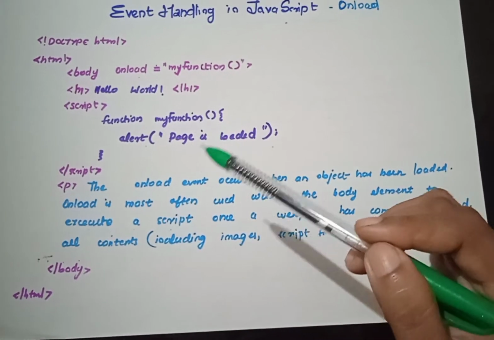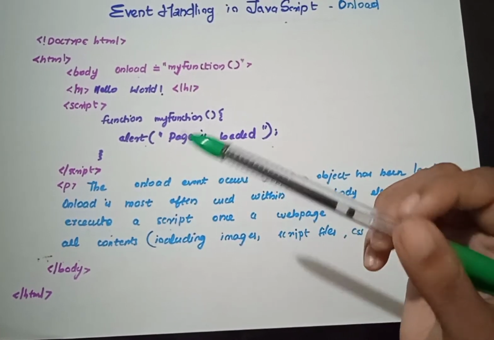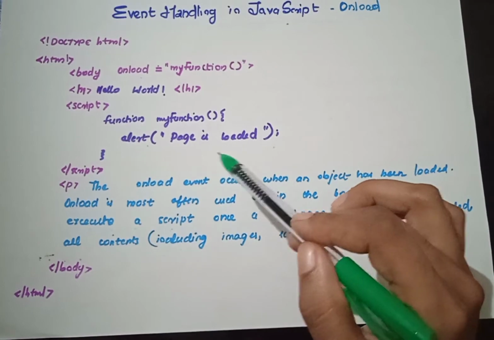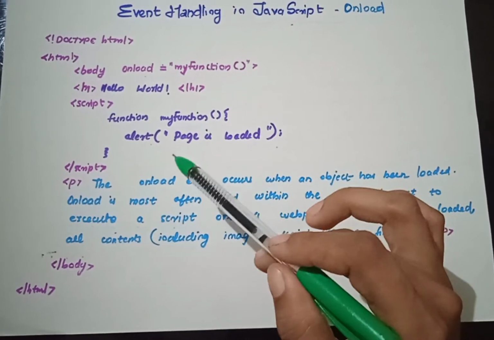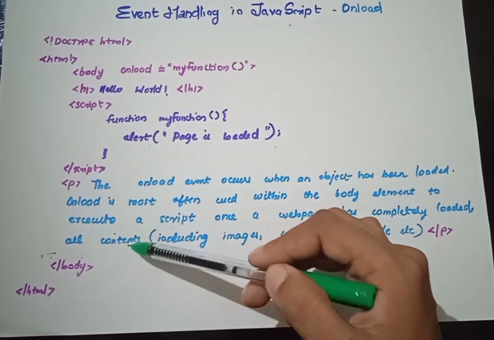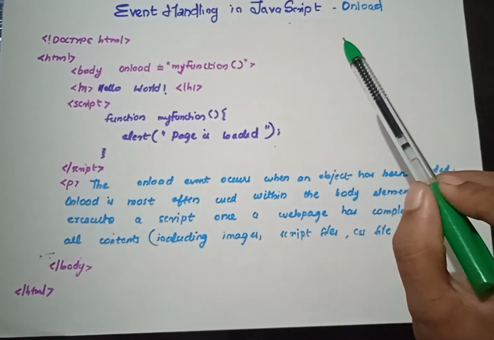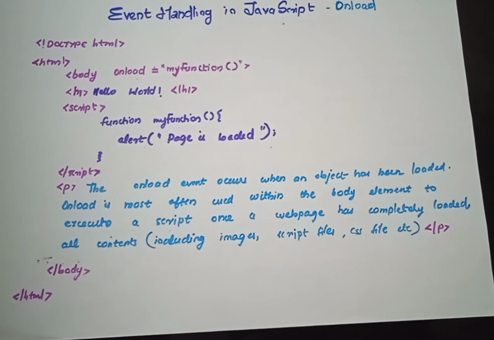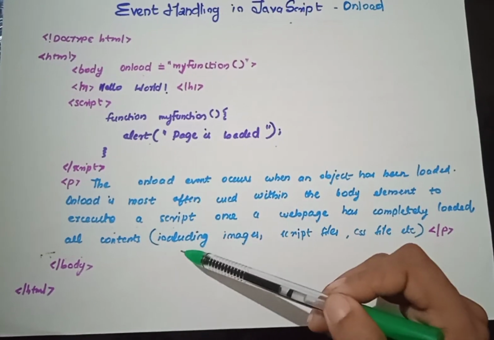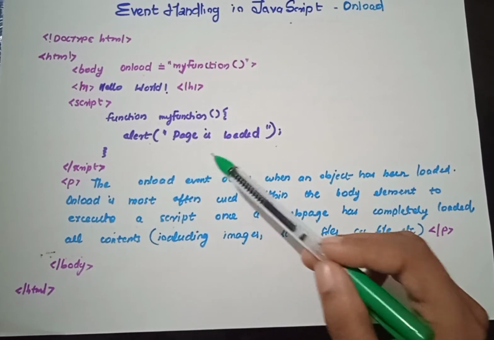That means when the page is loaded, just to inform the user that the page is loaded, we use these kinds of events and handling methods and these kinds of messages. So we closed our script and we can write anything inside our page. How will our content look? Inside our web page we'll have this hello world, and also a paragraph. When you load this image or anything inside this, it will show page is loaded.